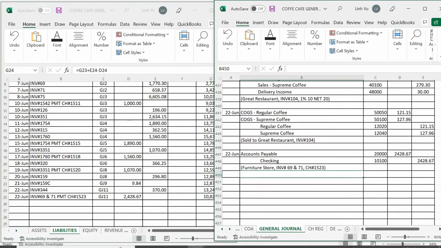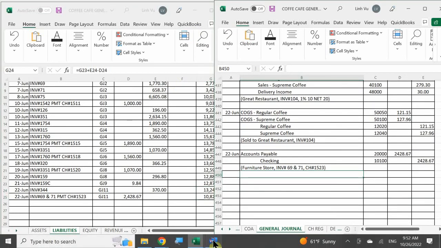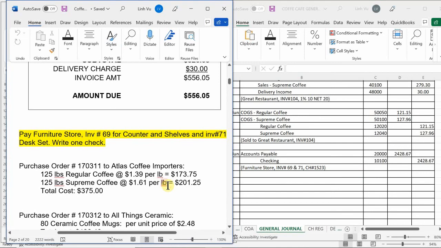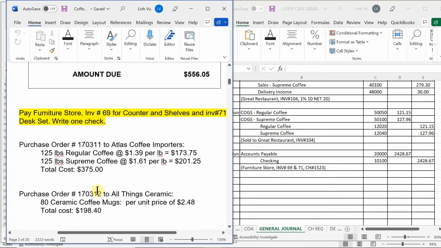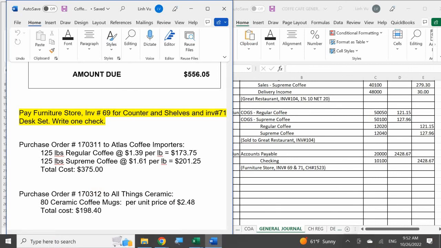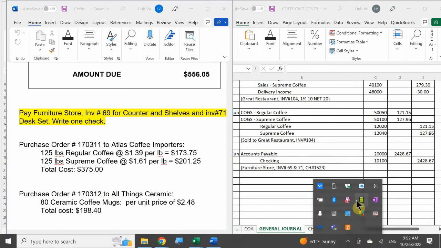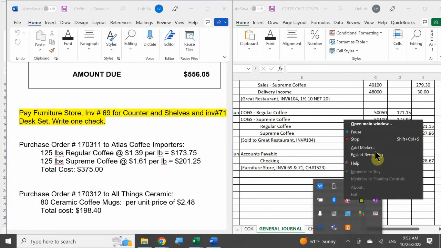Okay, and we are done with this transaction. So I'm actually going to stop here. What we're going to do is take a break. Right now it is 9:55, so take a 15-minute break. Please be back no later than 10:10. Okay, and then we will finish up whatever